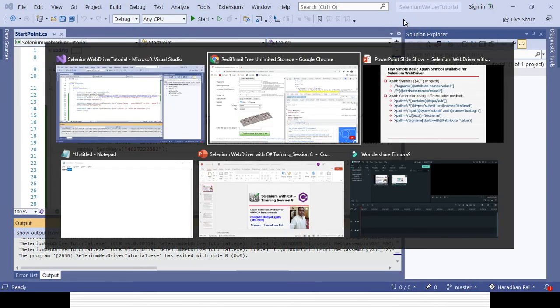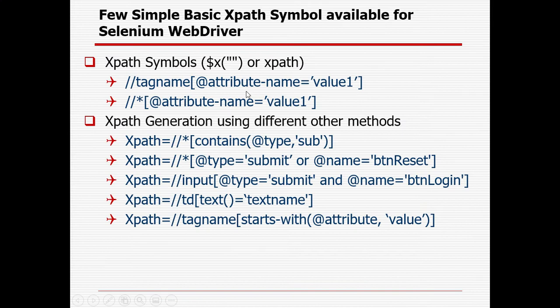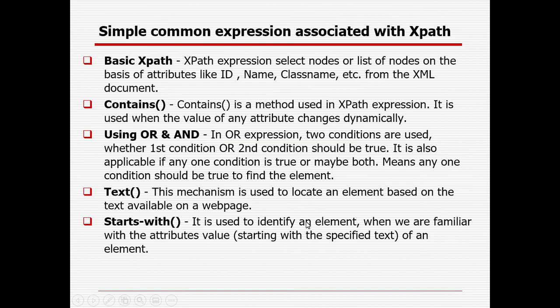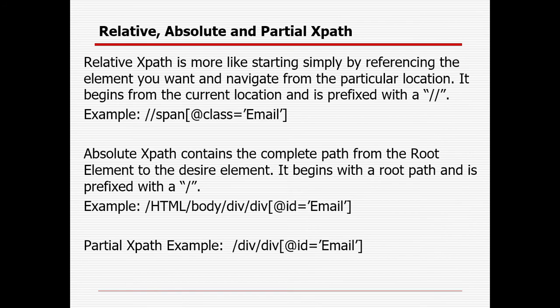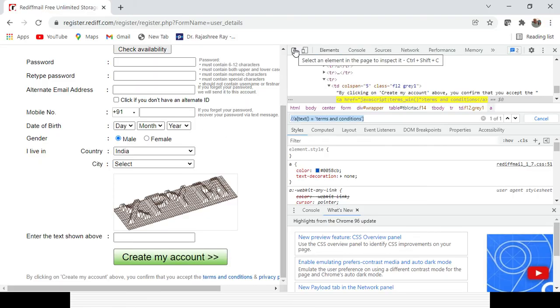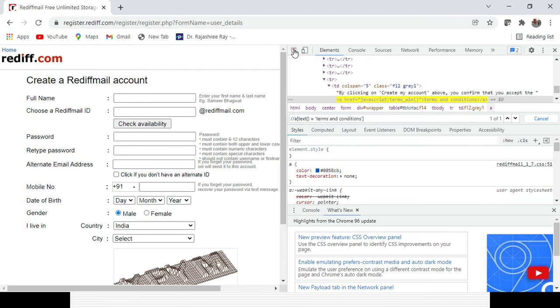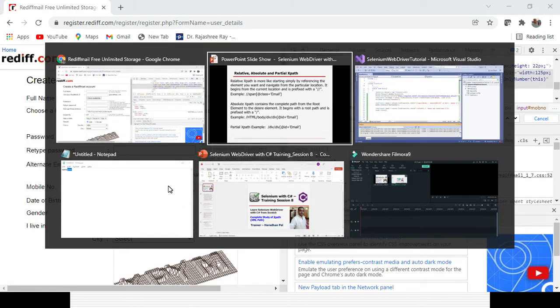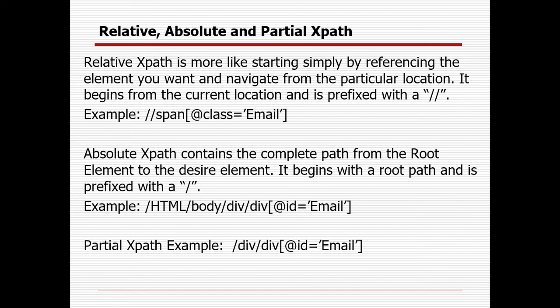Okay. So I have tried to elaborate the different concepts of the XPath, how you can create the XPath with the help of contains, with the help of OR, with the help of AND, with the help of text, with the help of starts-with. These are all relative XPaths, which start with double slash. But if you want to create the XPath with the help of an absolute path, you can still do it. Suppose I create the XPath for this mobile number field. You can inspect the element again, the mobile number field. The absolute XPath will start from the parent node, HTML. So how can you create it?